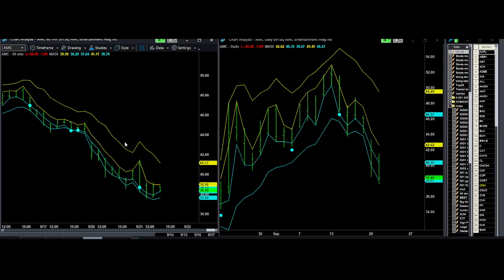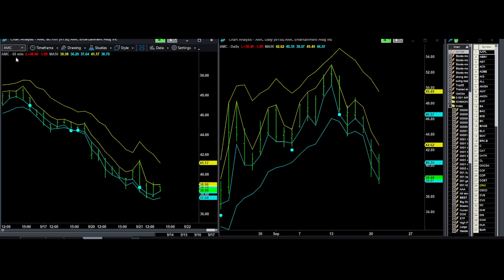Because the amount of money you initially put into the stock is relatively low compared to buying the same number of shares of Tesla, Facebook, or Costco stocks, for example. So let's take a look at the AMC stock. So right now this is the